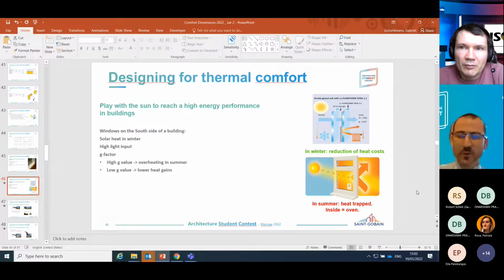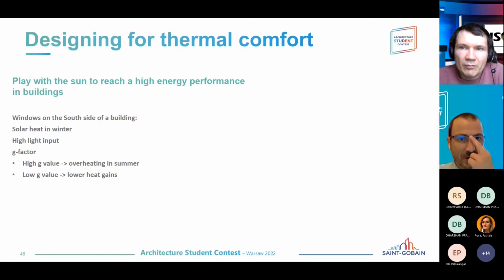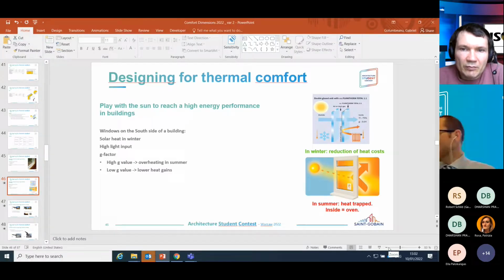Good. So we were speaking about designing for comfort. Just give me 10 seconds. Okay, I need to get my mouse. Okay, so